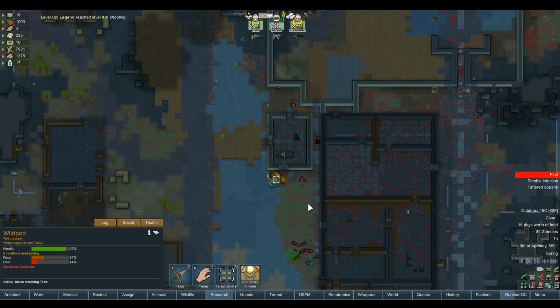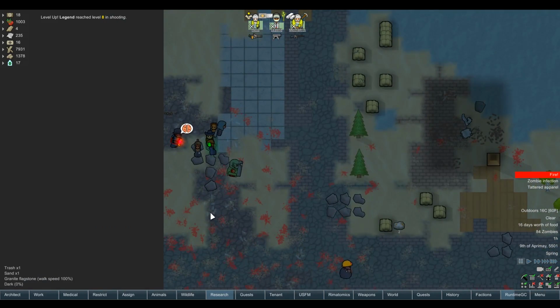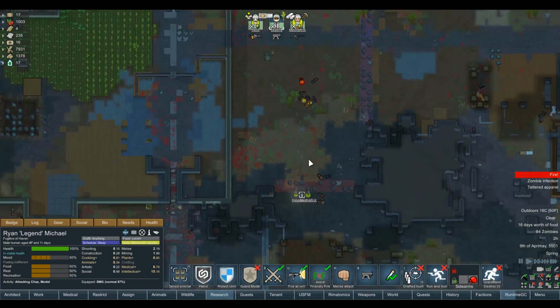Have I got to worry about this thing coming back after us? It's just clearing out the whole horde, which is also a bit of a pain in the ass. It means exactly what I was about to say there. Gonna get more tank zombies and suicide bomber zombies. Good stuff. Okay,